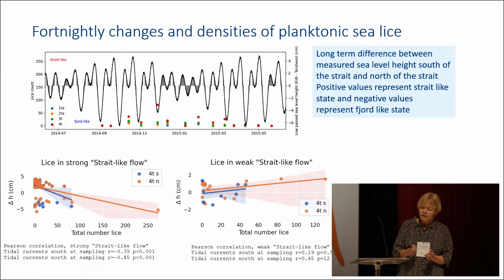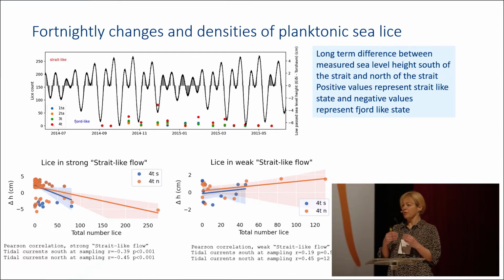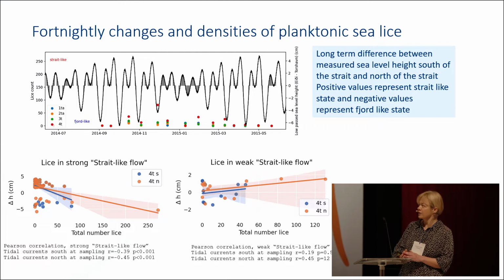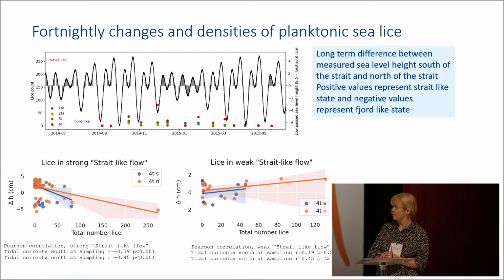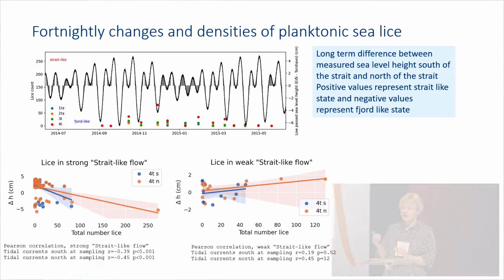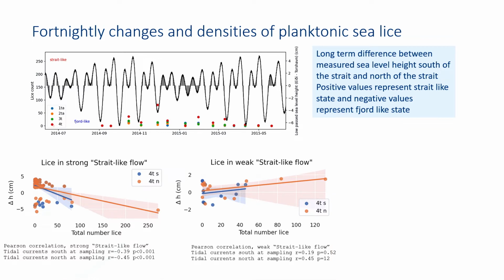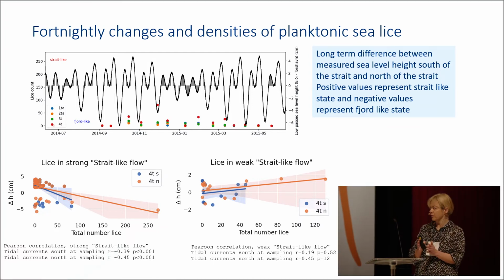We haven't modeled the entire period where we have investigated the planktonic stages, but we can approximate the model by looking at the sea level height north of the strait and south of the strait. And if we only take the samples where the fjord state is clearly strait-like or clearly fjord-like, and if we also take into account if the seawaters were flowing north or south during sampling, then we find a correlation between